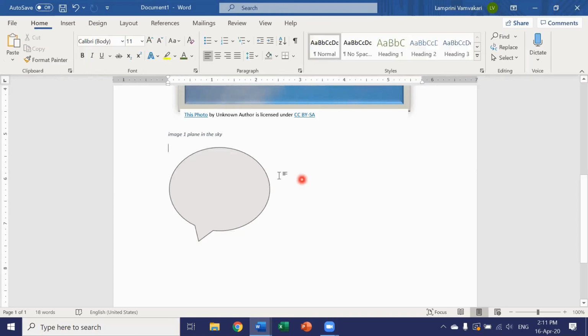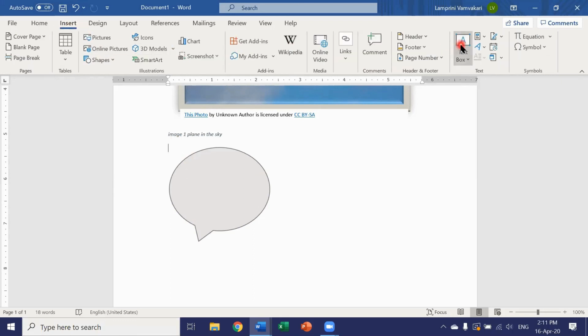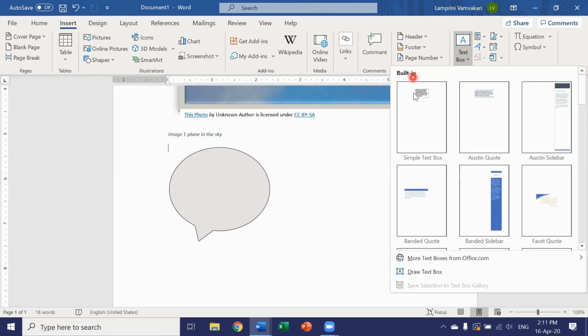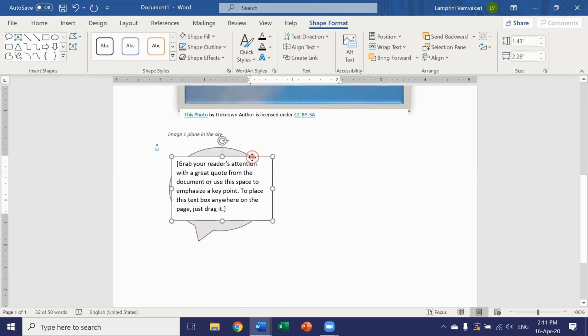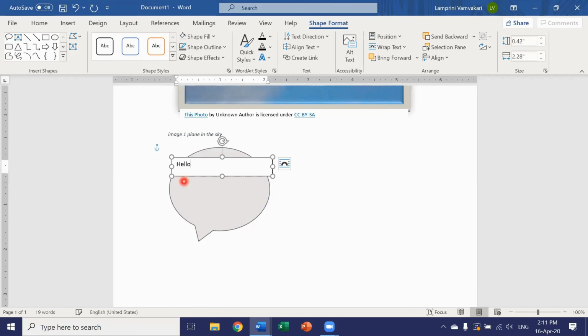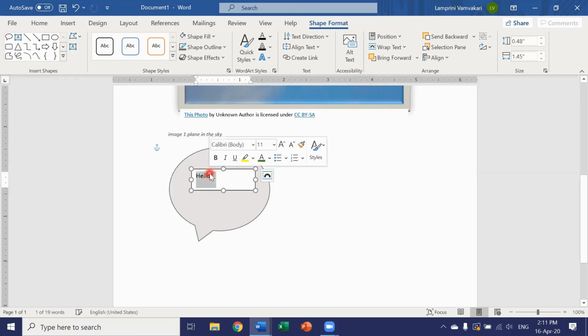Now, I would like to insert some text into the callout, which is not very easy by just trying to move the cursor right into the shape. I could go to Insert, a text box. I would like a simple text box. Here it is. Drag it to the position. Write what I want in the text box. Resize, just as a picture. I can change the font size, the font,